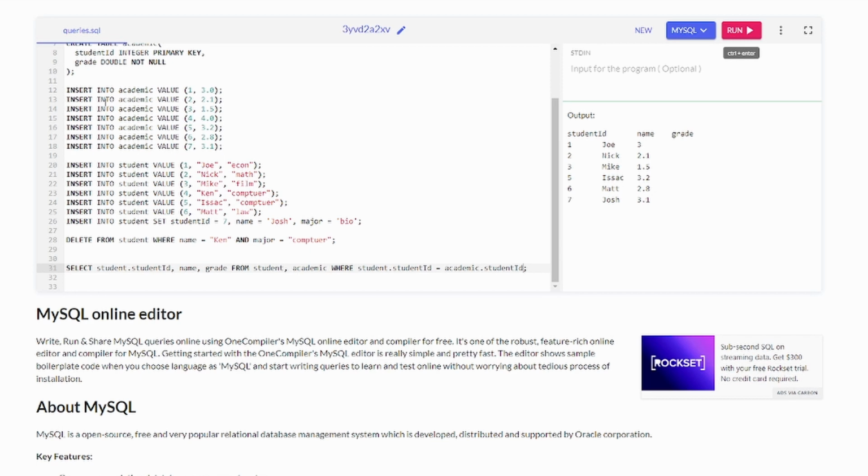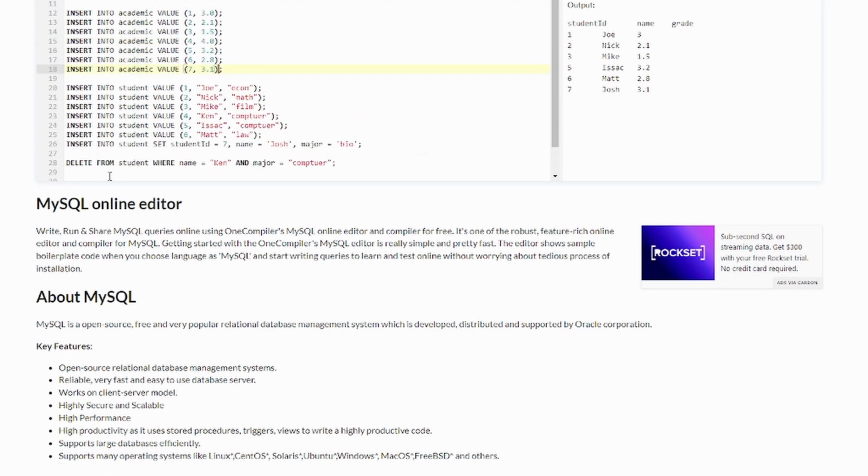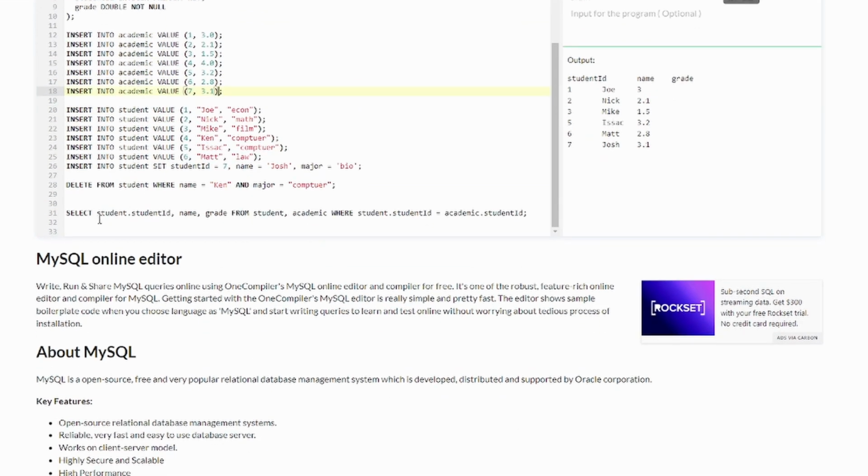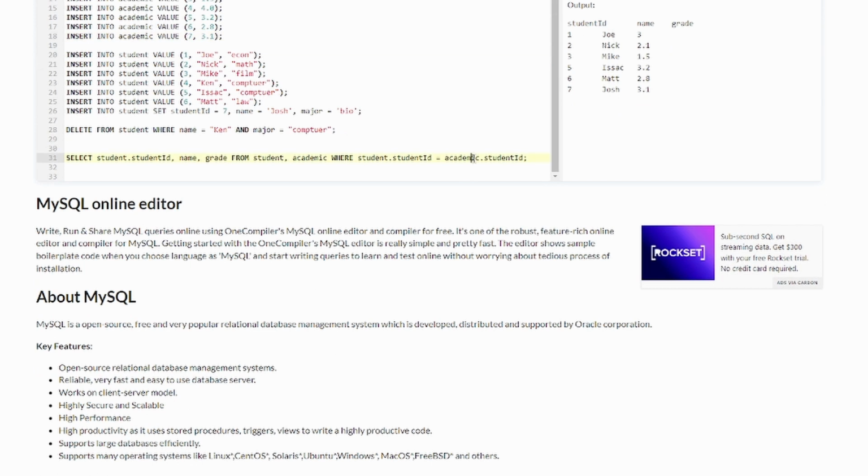but as you can see here, student ID, their name and their grade, student ID, their name and their grade. And we can even do stuff in the select statements, such as, let's see,